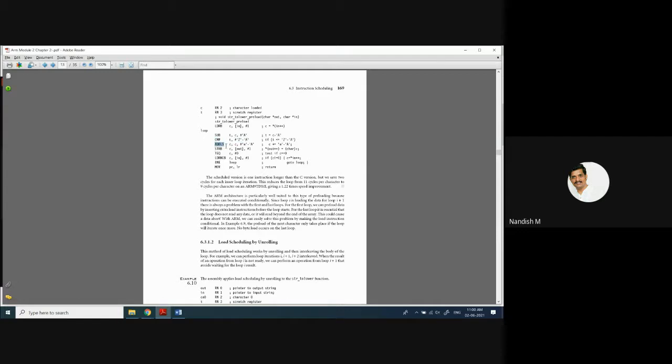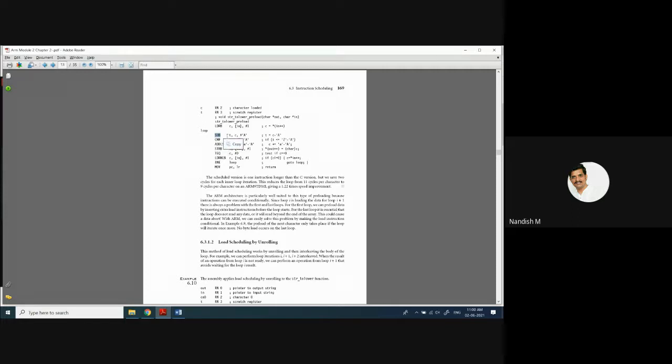The add, which is less than, then store it in some place. Now you are going to test for equality whether C is equal to 0. In that case, load the next character, and if it is not equal, branch to this loop. What we have done is, whenever this loop starts, it is going to wait for 2 cycles. Why? Because after this instruction, it is going to execute this instruction itself.